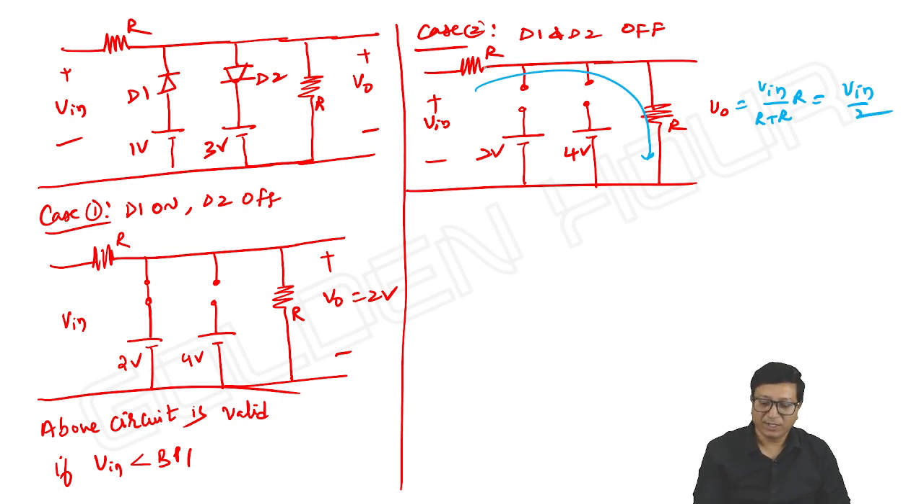Anyway, half of the input is across this resistor and another half is across the other resistor. 2 volts and 4 volts, they do not play any role. They are no way connected to the circuit. Just like that, we can take it. Instead of output is equal to input, we are getting output is equal to input by 2. And above circuit is valid